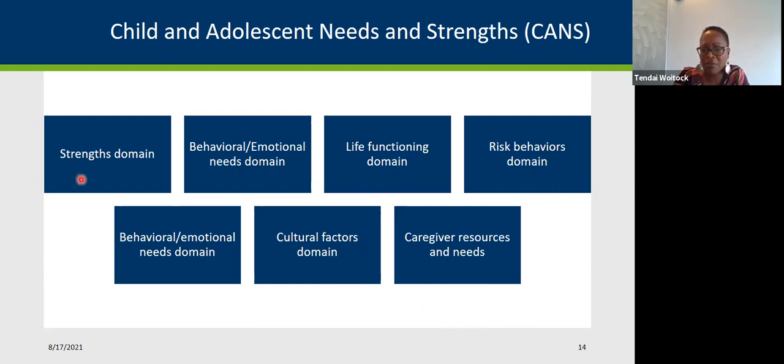So this will have things like family strengths, natural supports, community life. The behavioral emotional needs domain talks about depression, anxiety, anger control, trauma. The life functioning domain includes examples like family functioning, what is the living situation, what is the child's social functioning, recreation, school. The risk domain is really talking about suicide risk, non-suicidal self-injurious behavior, danger to others, sexual aggression,